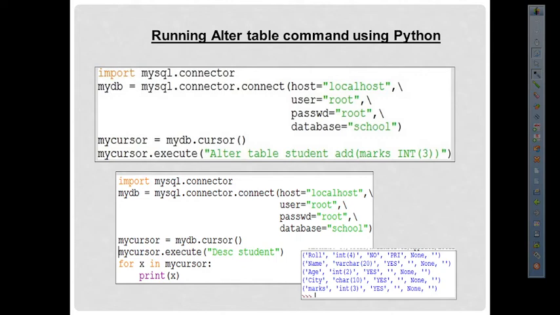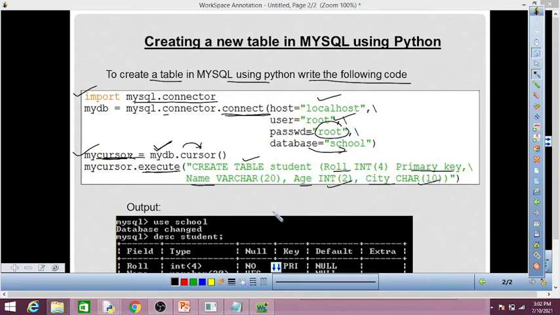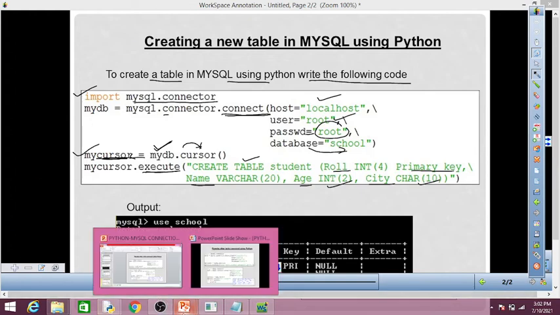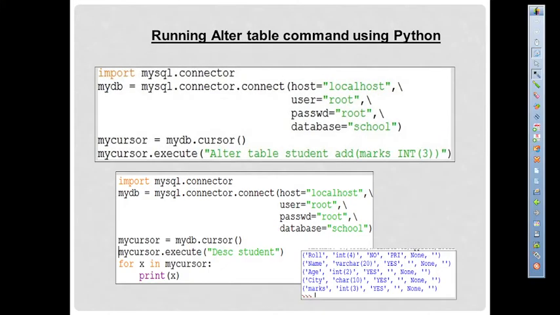In the second image you can see mycursor equal to mydb.cursor, mycursor.execute desc student. So the same thing which I have done through MySQL, I can also do through Python.